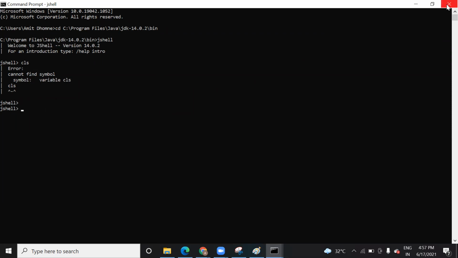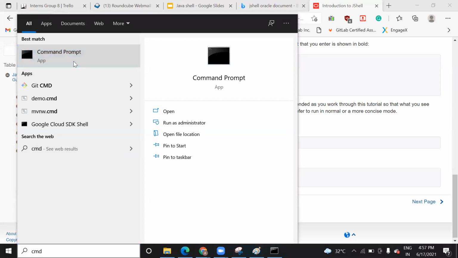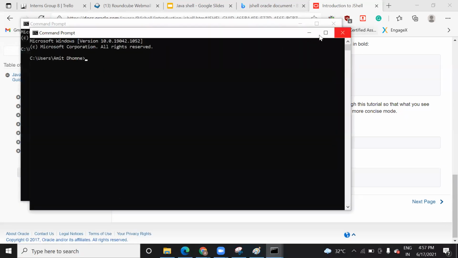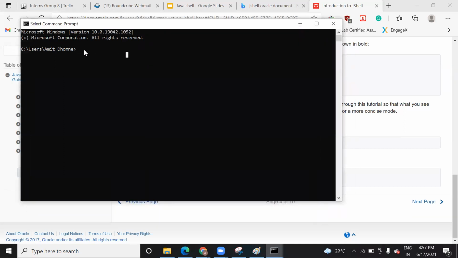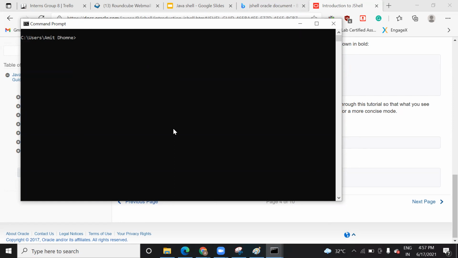Let me show you. One minute. Yes, I'm showing you. So for JShell, you can't clear the screen. Suppose I type clear, it gives an error. CLC, it will give an error. Now, if you want to remove this, you type CLS, and see it is removed, right? So the CLS command is used to clear the screen. But in JShell there is no definition of that CLS. That's why it was giving you an error, or it was not able to identify that.